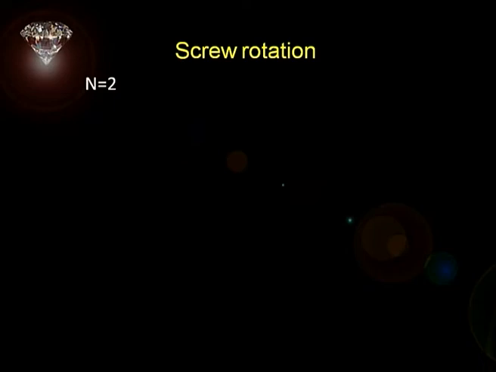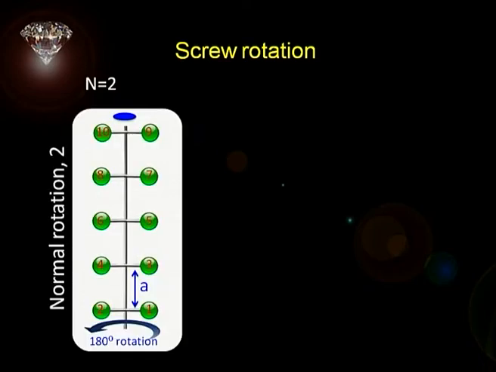We start with screw rotation n is equal to 2. What this shows us is a normal rotation 2, that means the equivalent of a C2 in case of a molecule. In this lattice, suppose I have a lattice point 1 here. If I rotate it by 180 degrees like this, I come to 2, 3 will come to 4, 5 will come to 6, and so on and so forth. It is a simple rotation 2, but there is no translation in this case.